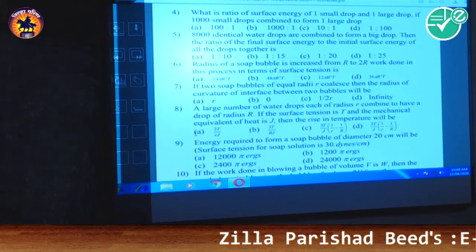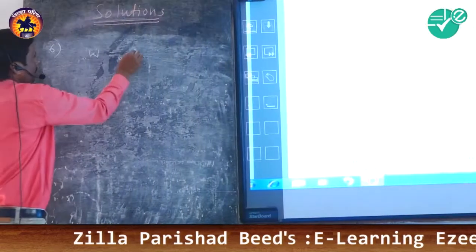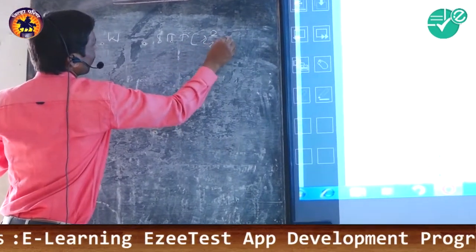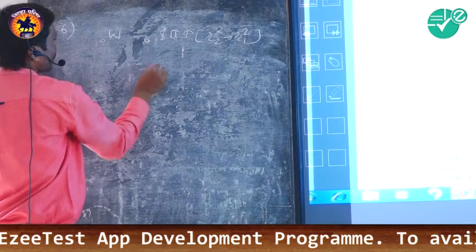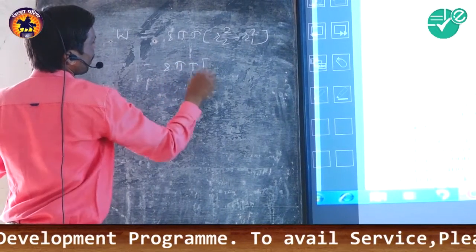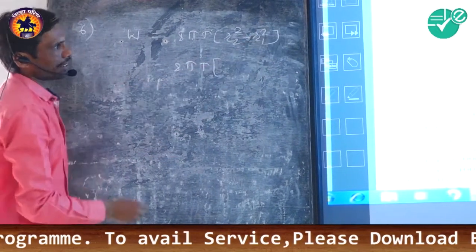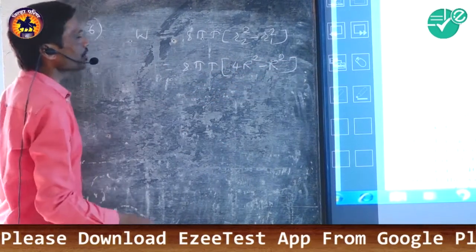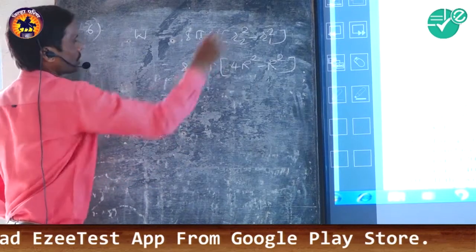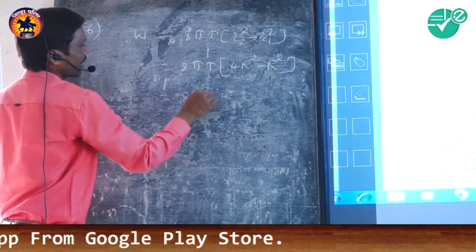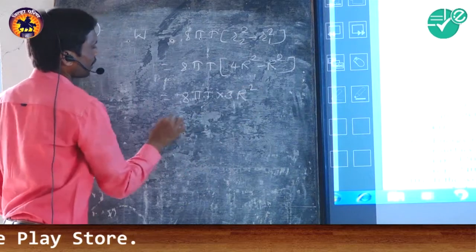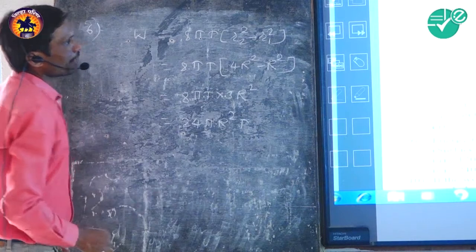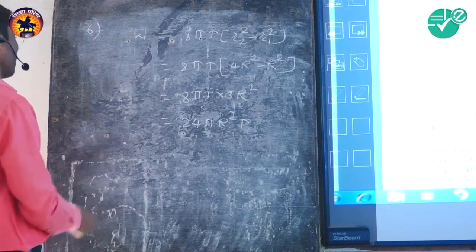In this process the work done is given by the expression 8 pi T in bracket r2 square minus r1 square, that is equal to 8 pi T in bracket r2, that is twice R, and its square obviously 4R square, minus r1, which is capital R, and its square is R square, and that is equal to 3R square. It means 8 pi T into 3R square, and 8 threes are 24, so 24 pi R square T. It means option is A.